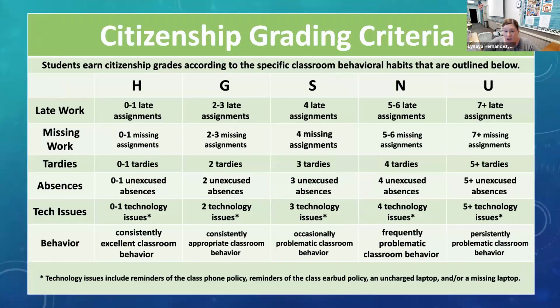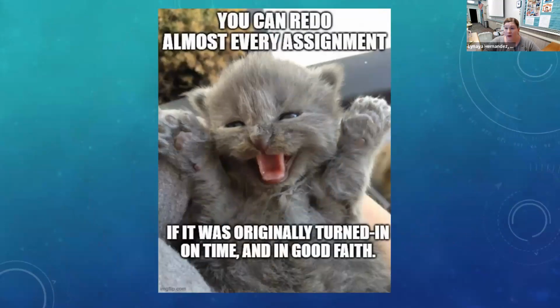So if you look at the citizenship grades in the class, right? If for some reason you really can't have an N for eligibility purposes for football or whatever, but you have 5 late assignments, you can come in for SRC and make up one of those. So you're in the S range, right? So just remember that if you are participating in any activities or sports within the school, there's probably a citizenship requirement, meaning that you can't have N's or U's. And for that reason, I allow you to make it up in SRC, but you can't wait till the last minute to do it. You've got to make it up as you go along and plan ahead with that.